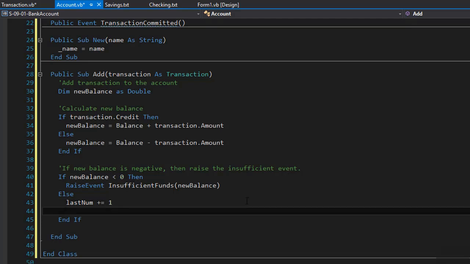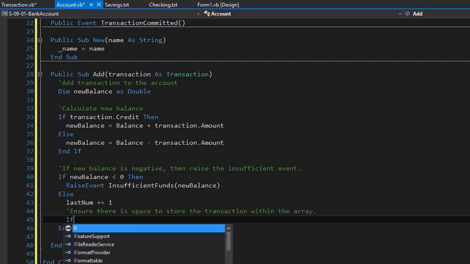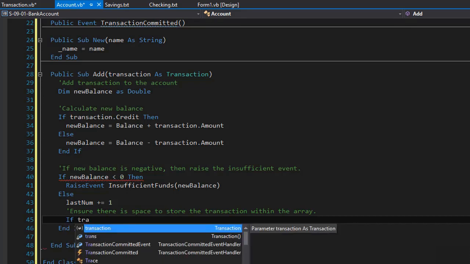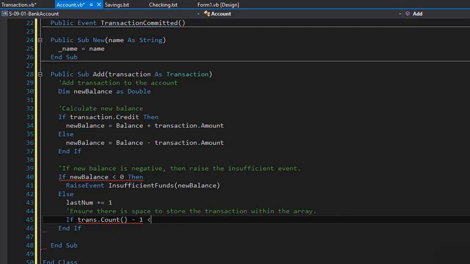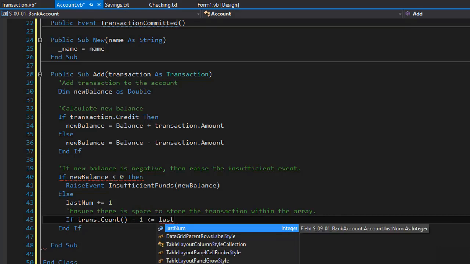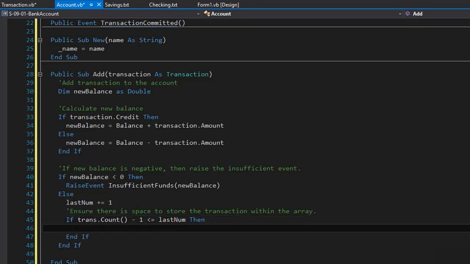And now, to ensure that there is space to store the transaction within the array, we have to make sure that the count is not over the 50. So we'll simply check if the transaction.count, that's our array, minus 1 is less or equal to whatever the last transaction number was. So if the last transaction number was 50, that would be our last possible transaction. If it was 51, then this would return false, meaning that we would not be able to add this transaction anymore. But if it is less or equal to, then we can redim our transaction array and add this transaction